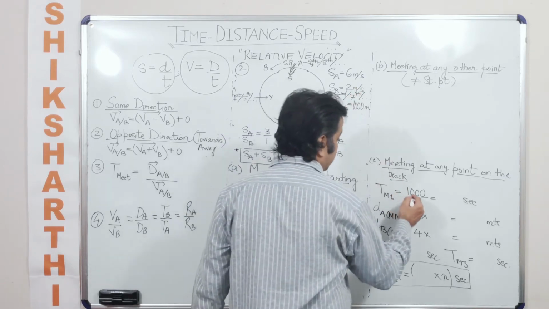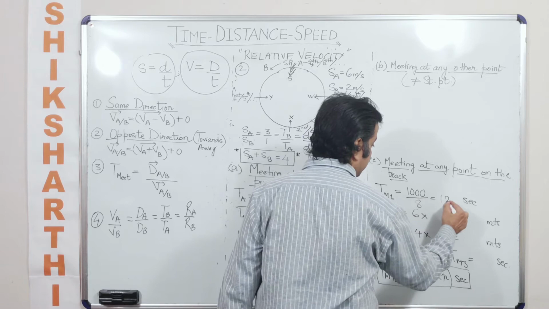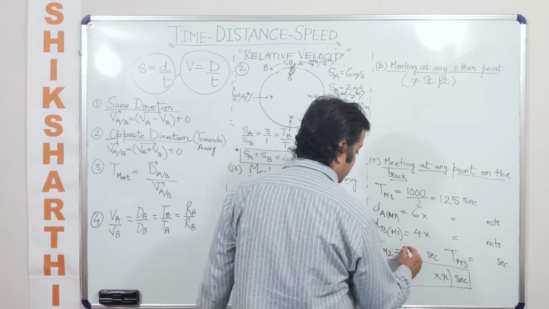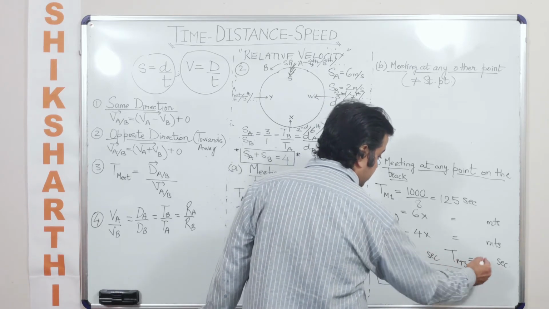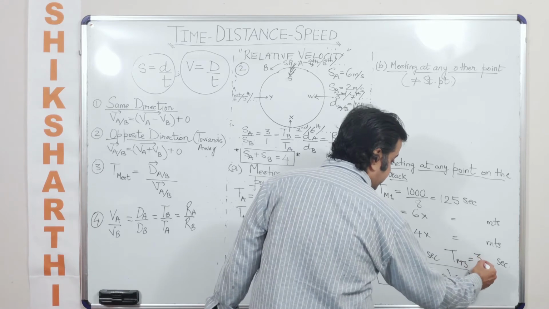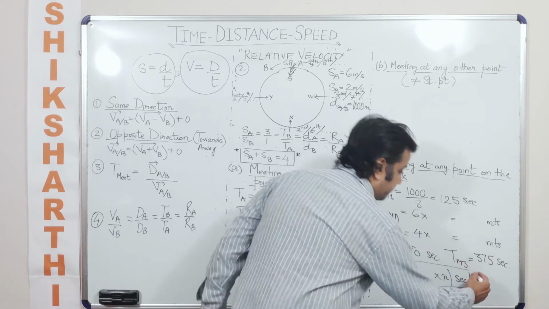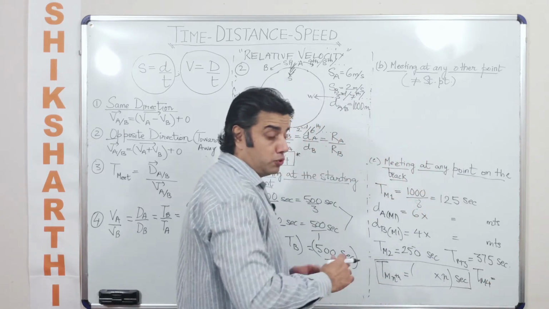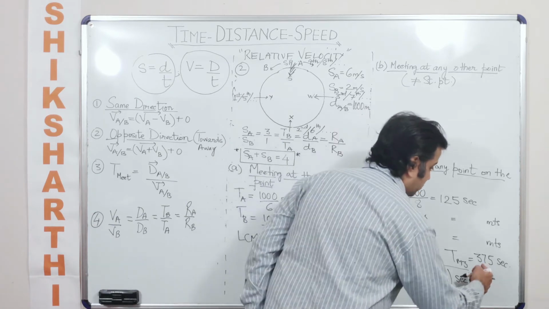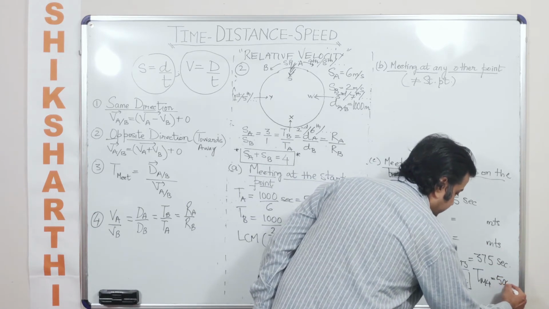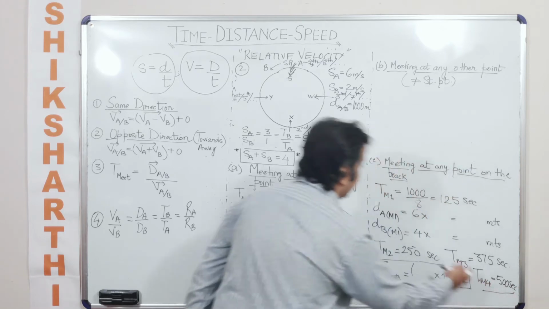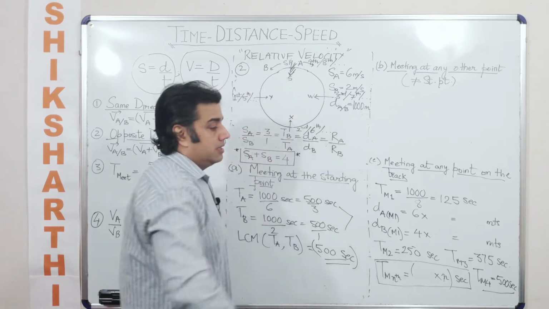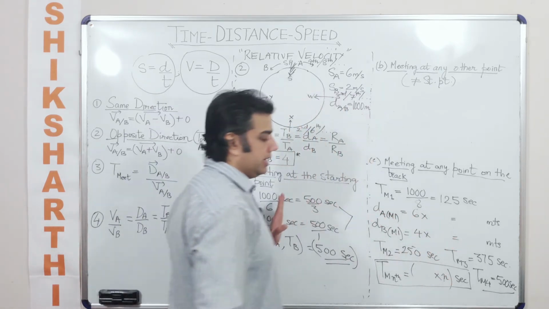and their relative velocity, we add them up and then we say that they would meet for the first time after 125 seconds. For the second time after 250 seconds, for the third time after 375 seconds, for the fourth time, let's say M4 is the meeting time or the meeting place. This is the fourth time they are meeting at this place. Will be how much? You add another, so which becomes 500 seconds. And we know that the fourth time when they are meeting, that will be at the starting point only, which is this. So before I go ahead with this discussion, this gives me a fair enough idea.